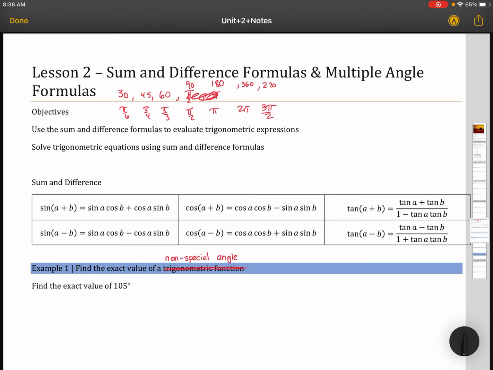So for example 1, we have to find the exact value of 105 degrees. When you come across a problem like this, you want to see if you can use any of the special angles to get 105. There are a couple ways that we could do this. The easiest way is going to be 105 degrees is equal to 45 degrees plus 60 degrees. And we want to find all of the trig values for